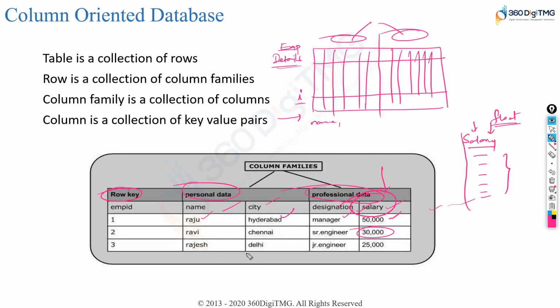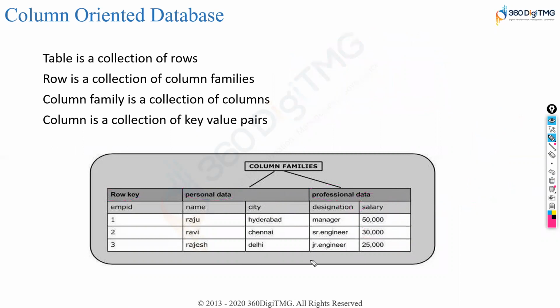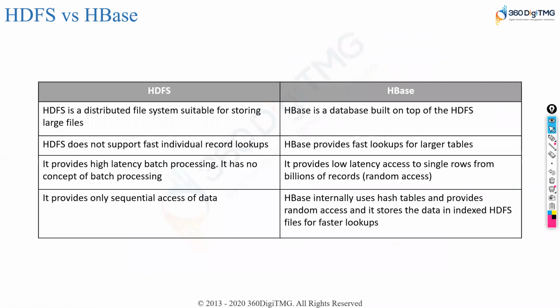Is it making sense, guys? Am I sounding sensible, or are you losing everything? Hope you are able to follow. Very good. Wonderful. So this is column oriented, guys. Very simple. We have data in columns. Okay. That's a comparison between row oriented SQL tables and column oriented HBase tables.